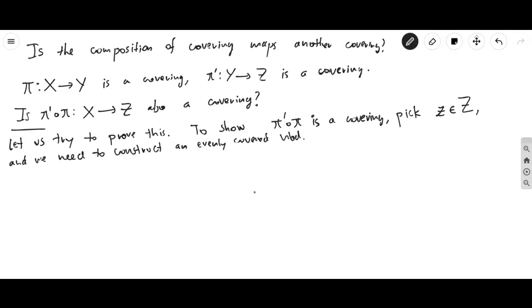So let's try drawing some pictures to see what's happening. So let's say we have this point Z. Now, what do we know? We have to use what we know. So we know that pi is a covering and pi prime is a covering. So we pick a point Z, and since this one is a covering, we can pick an open set, let's call it U, an open set U in Z that contains this point. It's path connected,